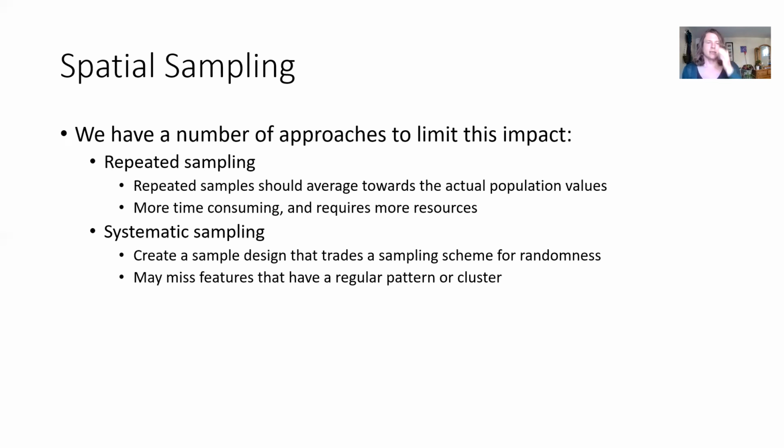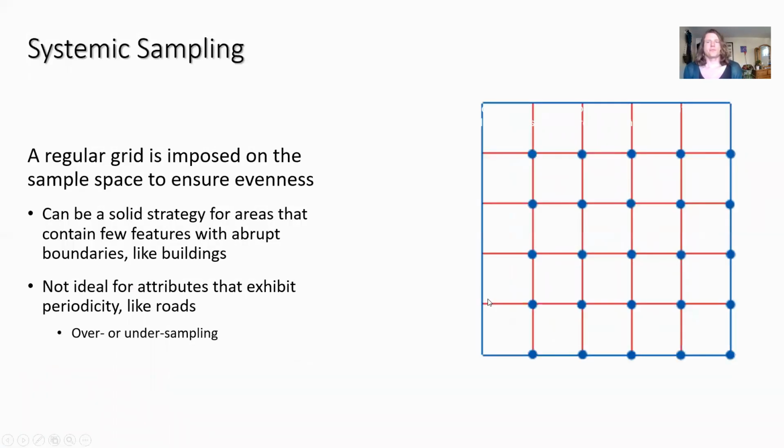So systematic sampling isn't perfect either. It may miss some features that have a regular pattern or cluster, but we can make some adjustments to that to compensate. A systematic sample is just where some sort of regular grid is imposed on the sample space to ensure evenness. So this can be a solid strategy for areas that contain only a handful of features with abrupt boundaries like buildings or something. But it's not ideal for things that exhibit some degree of periodicity, that is like regular intervals,